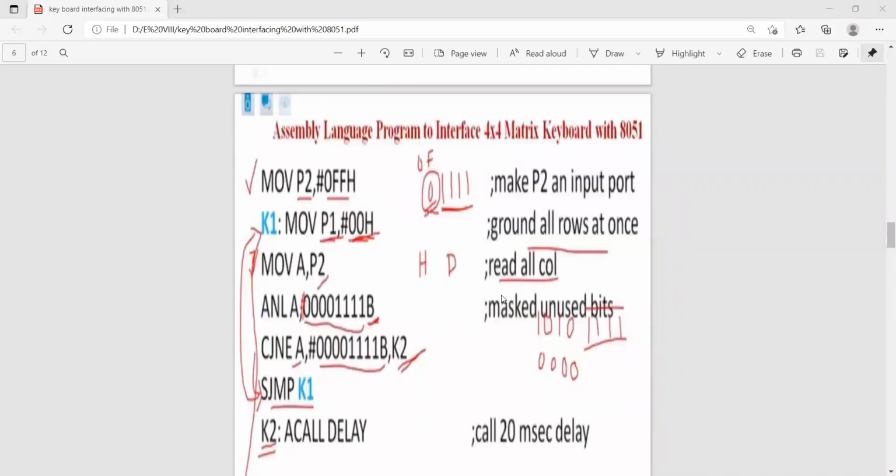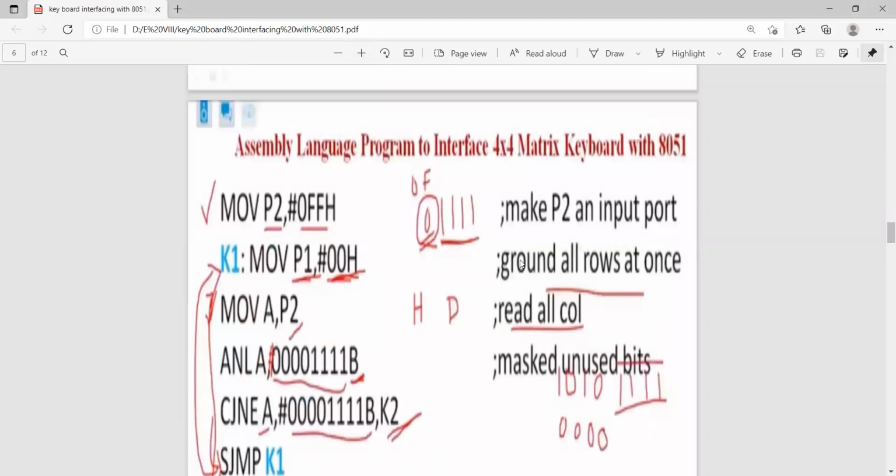Now coming to the program part. The basic concepts we have discussed till now. Now coming to the assembly language program. Because we are pressing a key, we are taking data from the keyboard.